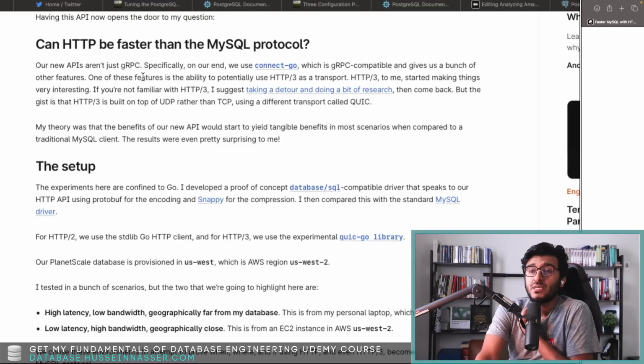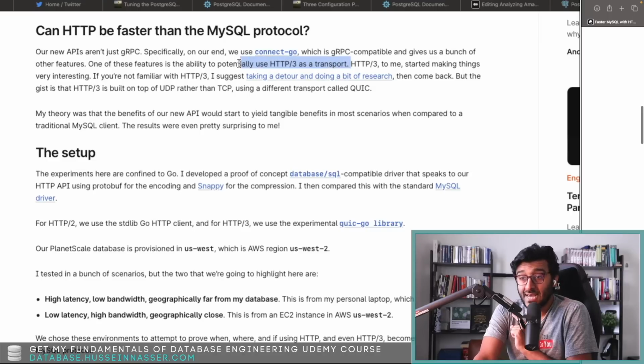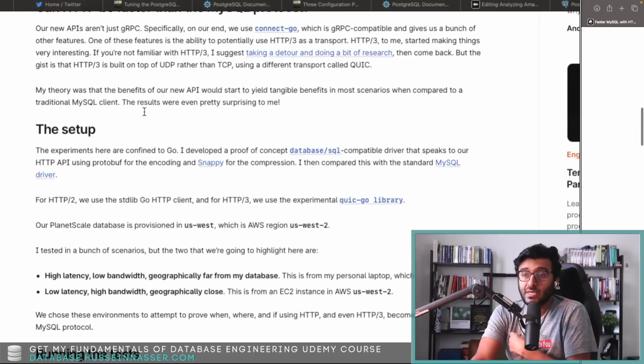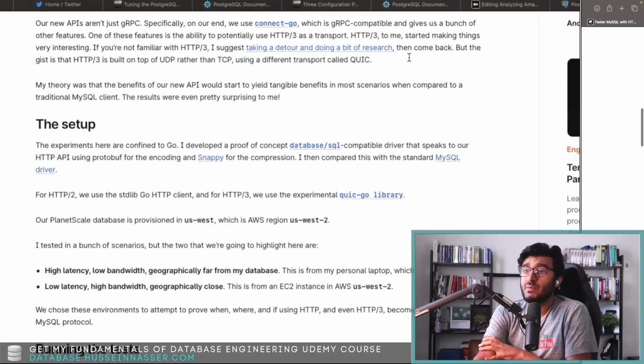Our new APIs aren't just gRPC. Specifically on our end, we use Connect Go, which is gRPC compatible and gives us a lot of features. One of these features is the ability to potentially use HTTP 3 as a transport. HTTP 3 to me started making things very interesting. If you're not familiar with HTTP 3, I suggest taking a detour for a bit of research, then coming back here,